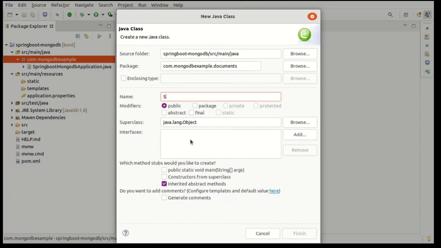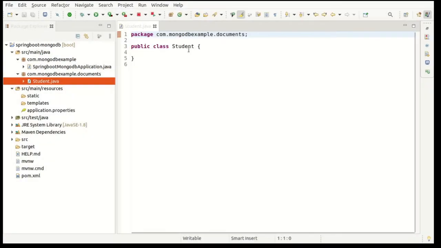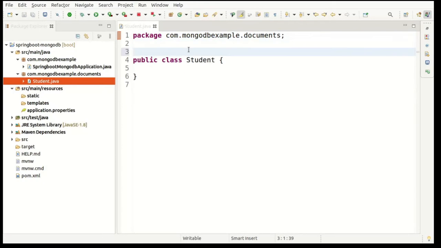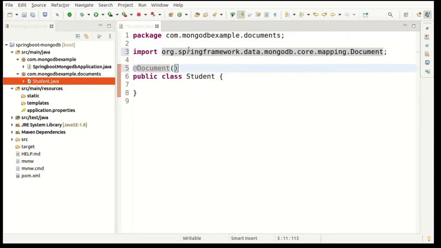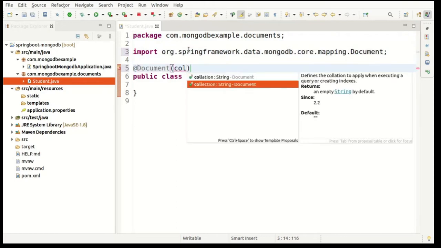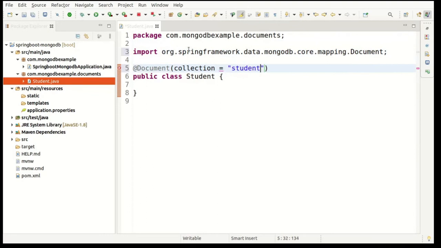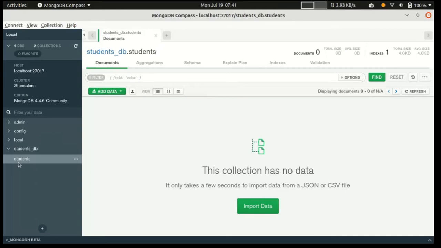In the same way, just write Student, and there we write the entity name or table name, but in this case we have Document. In Document just write the collection name: collection name is equal to students. It means this Student is now mapped to this students collection.